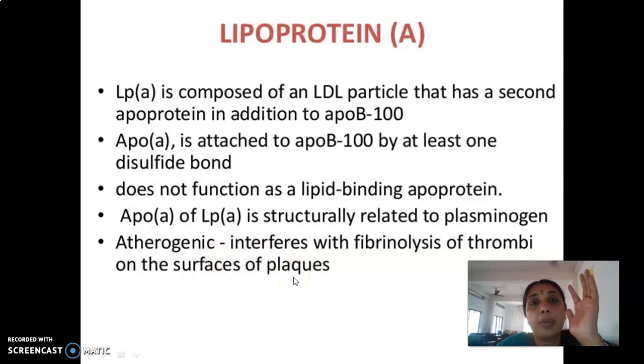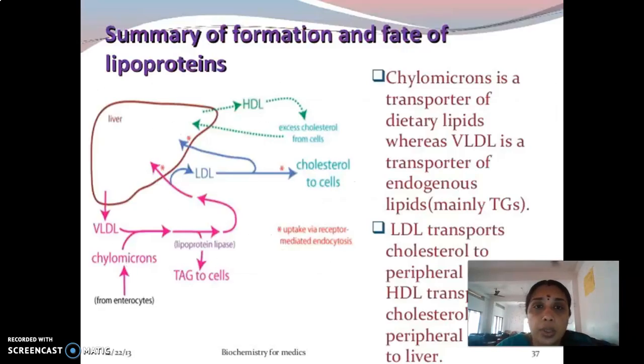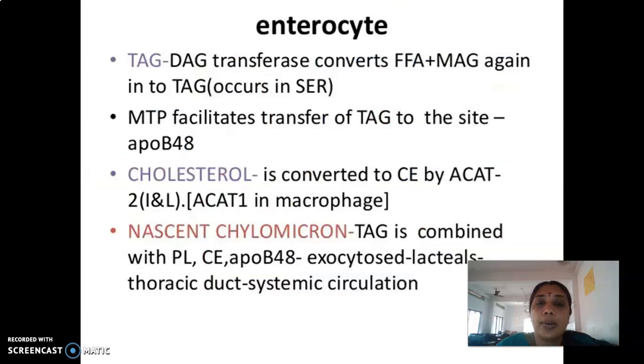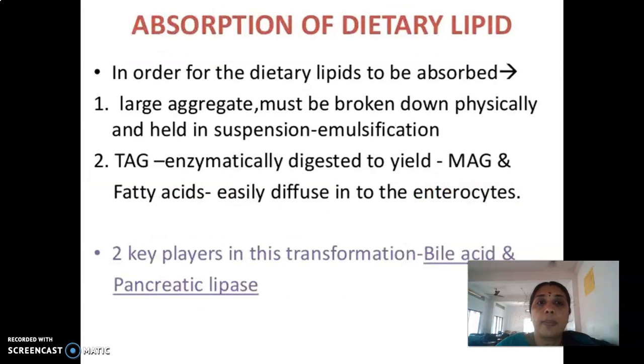Fibrin, what do you mean by fibrin? Fibrin is a clot. Fibrinolysis is the breakdown of the clot; when it is blocked, thrombus formation happens. That is atherosclerosis. It induces atherosclerosis. That's why it is known as a little rascal. Okay, so that is the